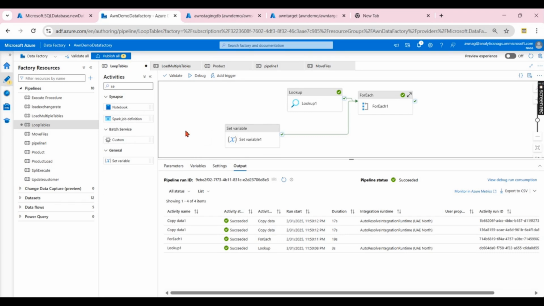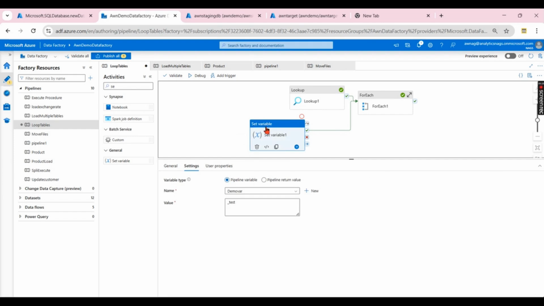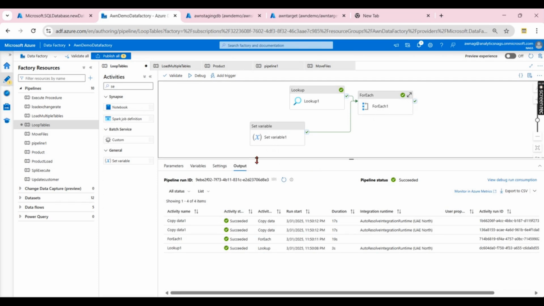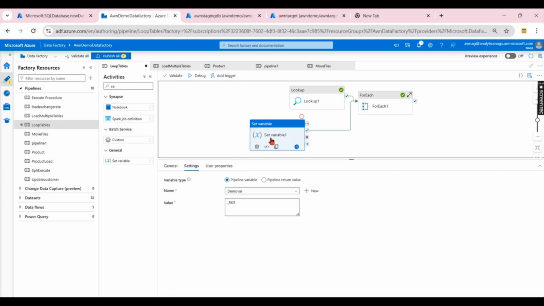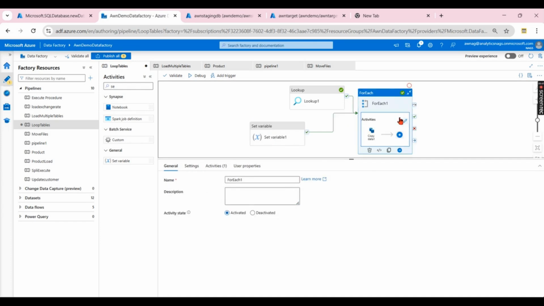Instead of this, assume certain values are coming from your parent pipeline as a parameter, and you need to compute them in your child pipelines, right? In those cases you can use dynamic content as well. So I don't want to do anything over here, just have a default value. You can also write any dynamic content. Now going to this for loop,